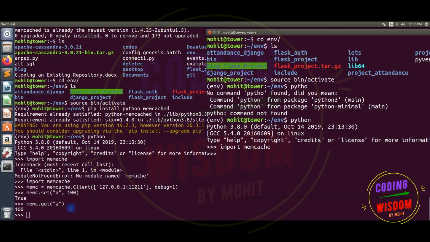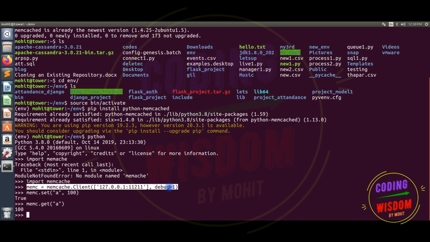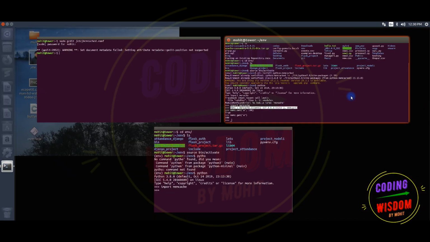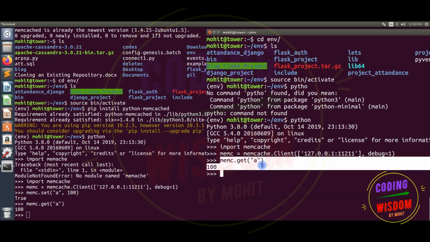The same connection I'm just copy-pasting from here to here. Now I need to type this complete lengthy line. Paste. mmc.get a. So I can get that a here. You can see I'm getting it here. This means one program set the data and the other can get the data.